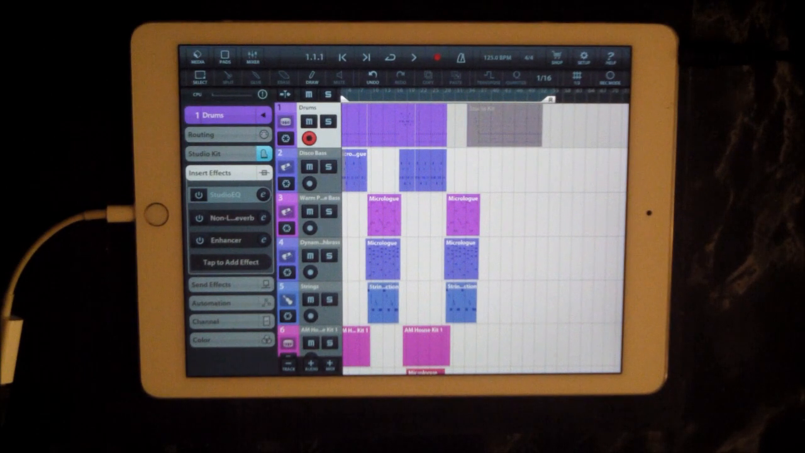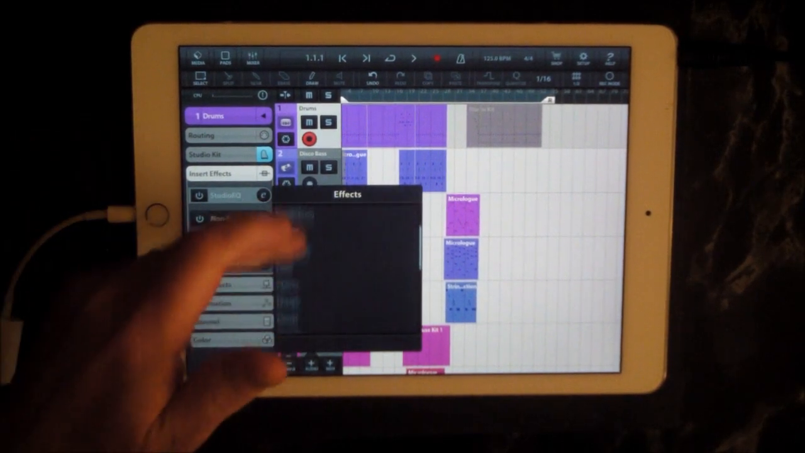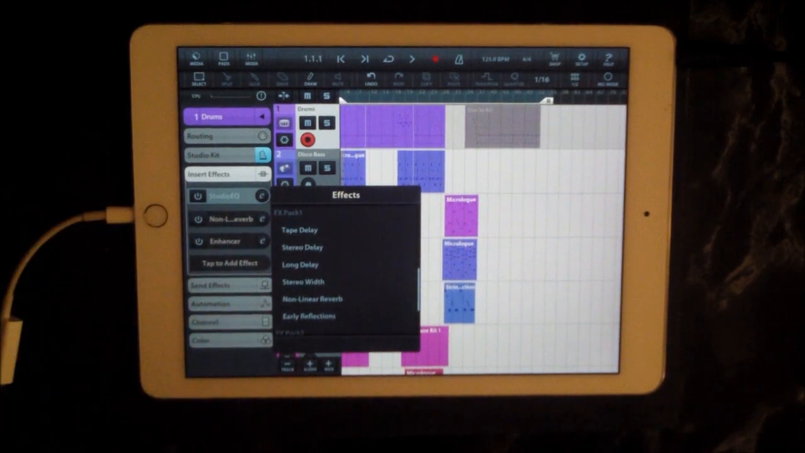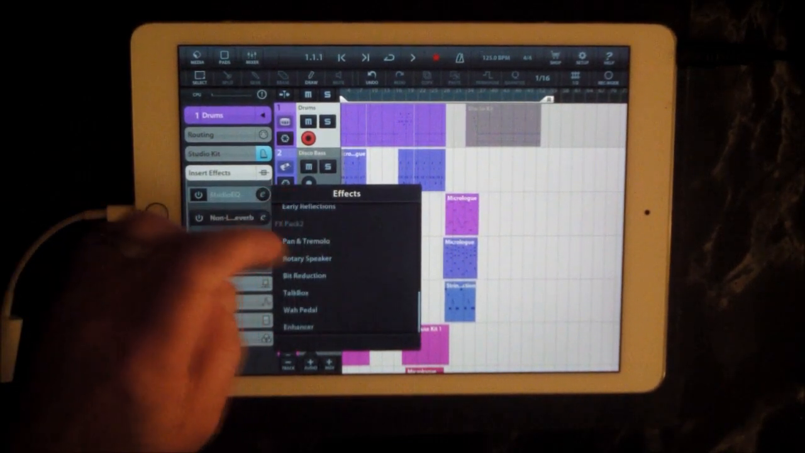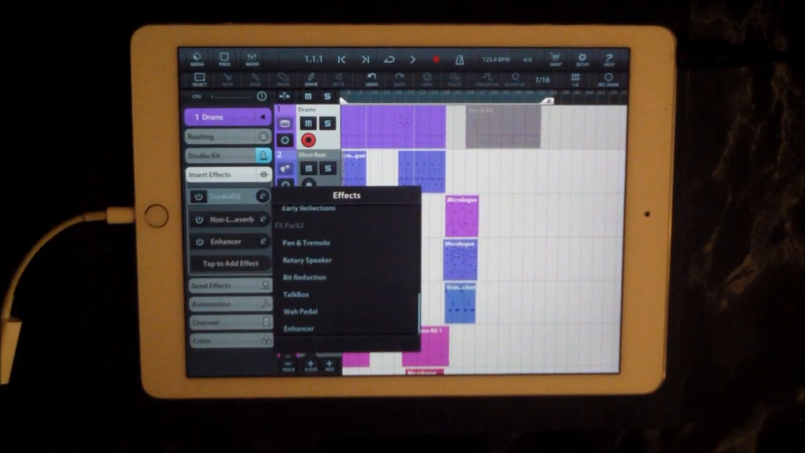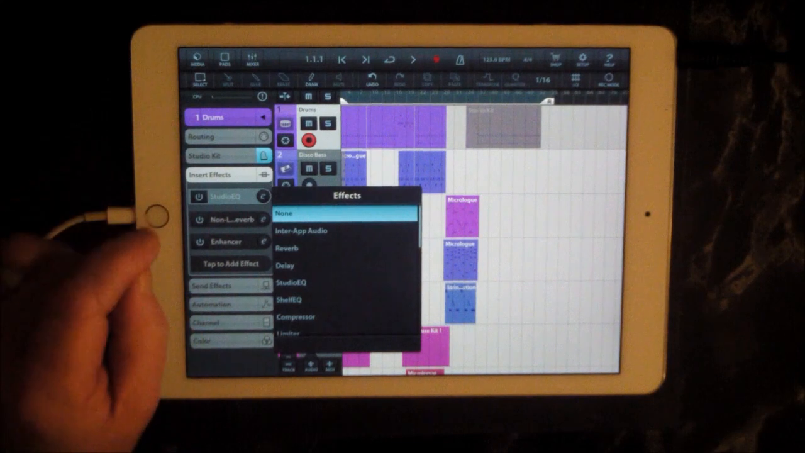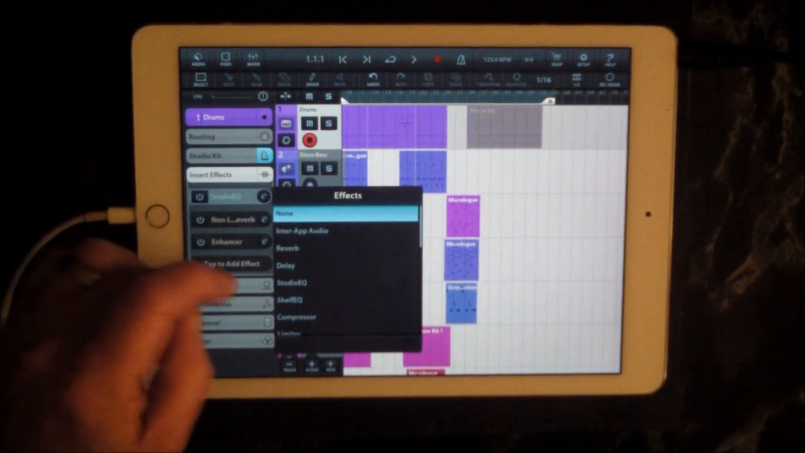So you get two packs, and if we just have a look here, the two packs consist of: effects pack 1 is a tape delay, stereo delay, long delay, stereo width, nonlinear reverb and early reflections, and effects pack 2 is pan and tremolo, rotary speaker, bit reduction, talk box, a wah pedal and an enhancer. So I've basically used all these effects, bar a few which I'll go through at the end,